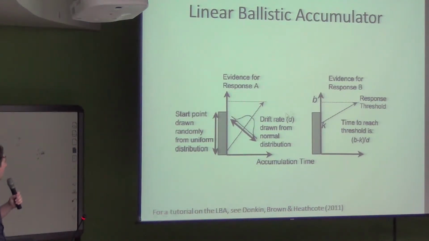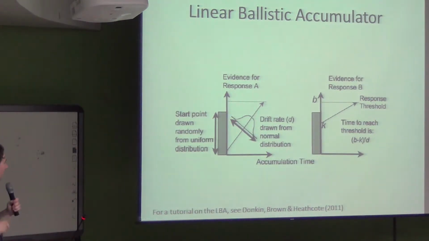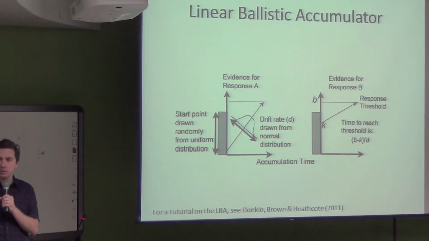Now, one thing I did want to point out was, if you just use this time equals distance divided by rate assumption on its own, it's actually a pretty terrible model of response times. The way in which the linear ballistic accumulator improves upon that calculation is by assuming that the start point is uniformly distributed on each trial. So every trial, you're starting from a slightly different location. You tend to start within this range, but it varies uniformly within that range. Your drift rate also varies from trial to trial.